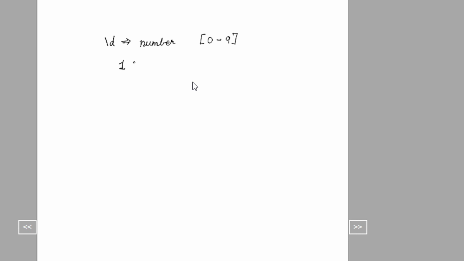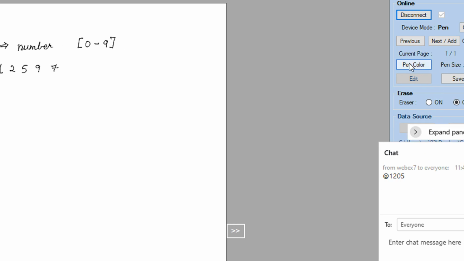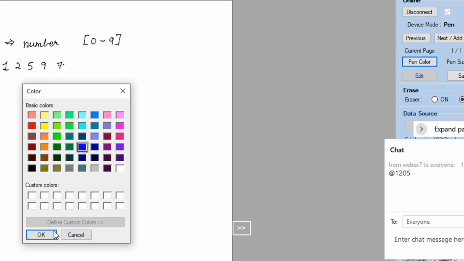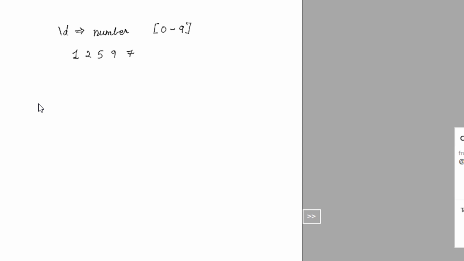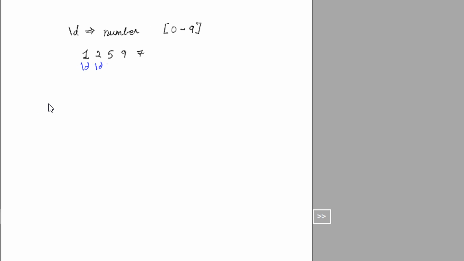So if I am writing 1, 2, 5, 9, 7, \d will match everything, each one separately. This is also \d, this is also \d, and so on. So we have 5 matches.